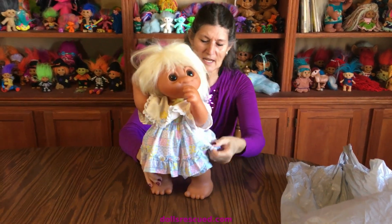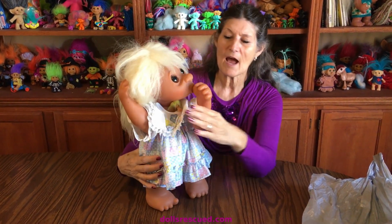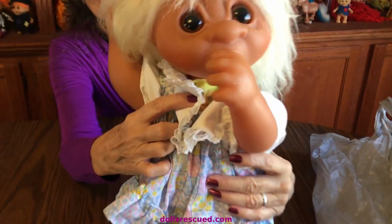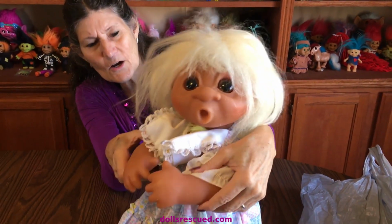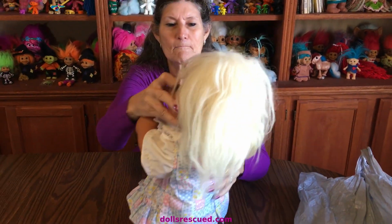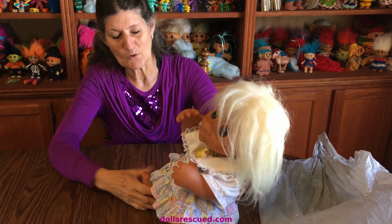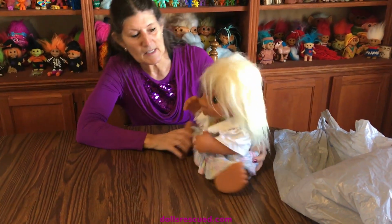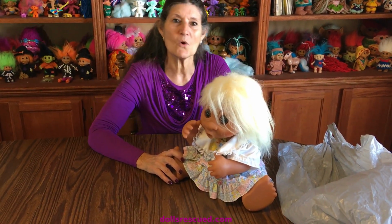She is a 17 and a half. This is how she came. I haven't changed her. She's in a little baby outfit, which I think is adorable. She has on the little troll necklace. Her arms move. Her arm here and here move, as well as her head. Her head also pivots, and her legs move, which is very rare in a troll. This is an 806 Norfin,